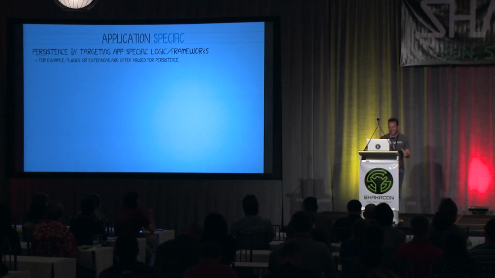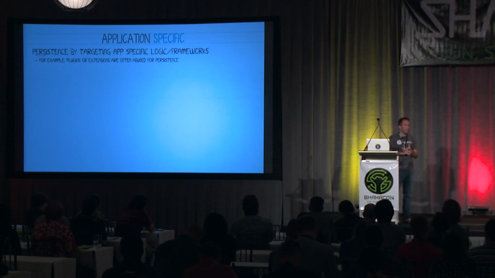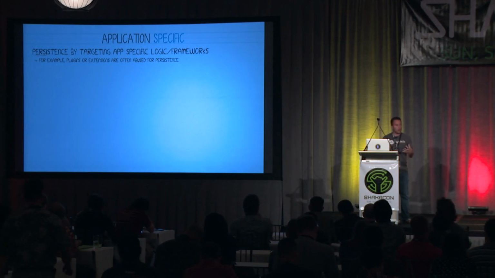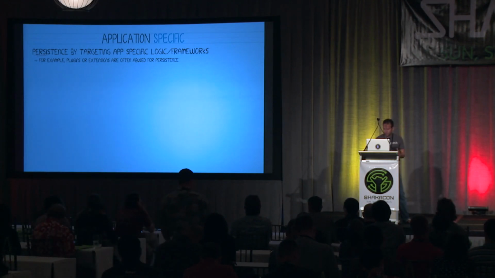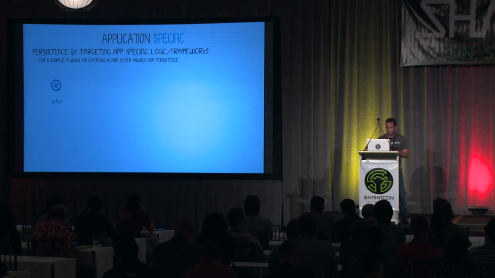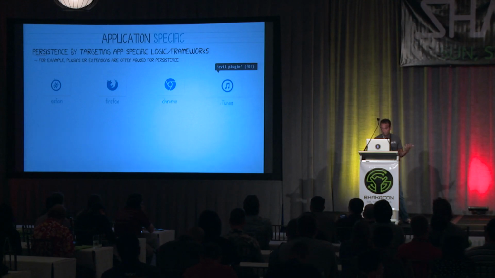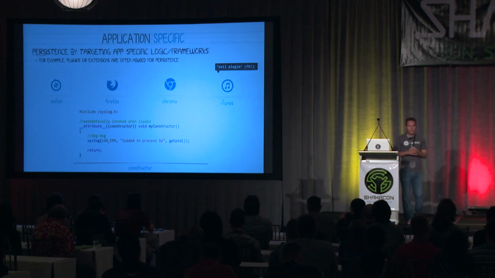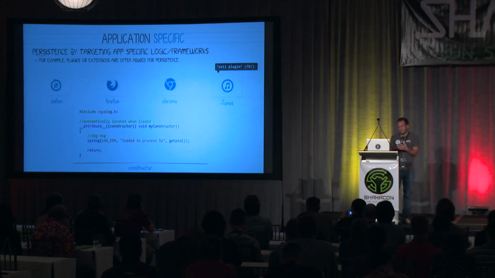Okay, so actually this is the final persistence technique I'm going to talk about. Many applications such as browsers support plugin architectures, which are dynamic libraries that are automatically loaded when the application is run. Malware writers can and have abused this functionality to create malicious plugins. Some apps that are commonly targeted include browsers such as Safari, Firefox, Chrome, or even iTunes. Now, it's sometimes hard to get the app to automatically execute this malicious plugin. Sometimes they'll load it, but then it won't export a certain function, or they'll just decide they don't like it, so they'll unload it without executing any code.